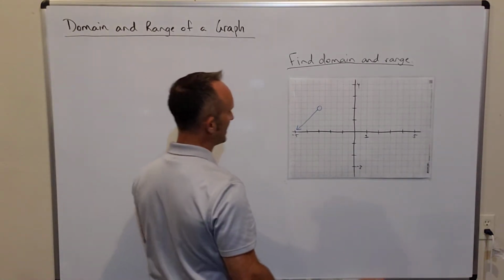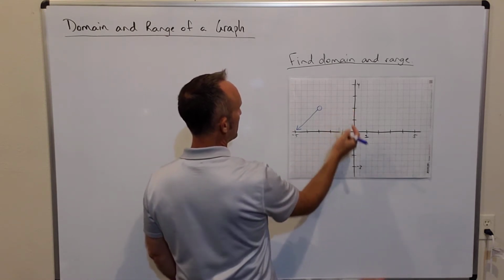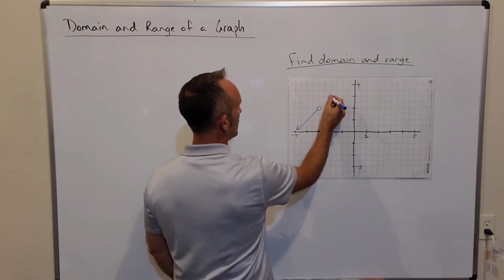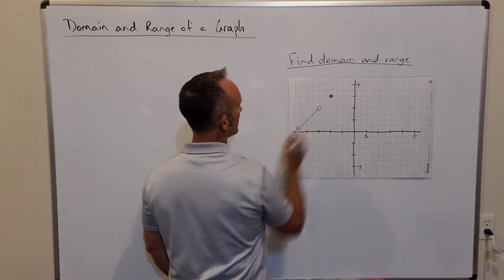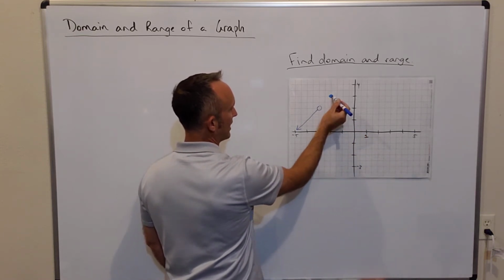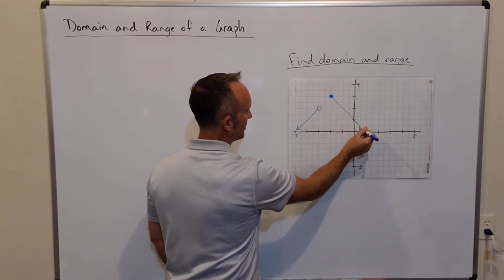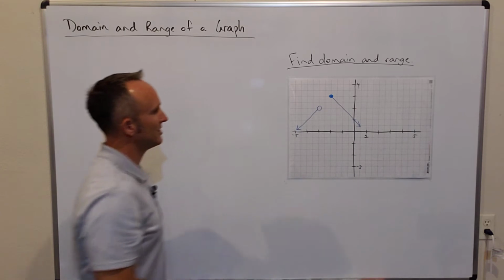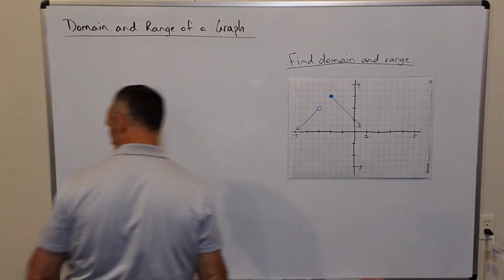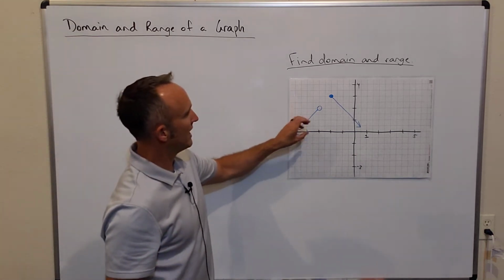And then let's say that our function picks up again. Let's say it picks up again up here at -2, 3 with a closed circle like this. And then just to keep things simple, we'll have a slope of -1 going down and to the right from there. And this guy terminates with an arrow as well, meaning it continues on. Okay? And so let's talk about how to determine the domain and the range of this function that has 2